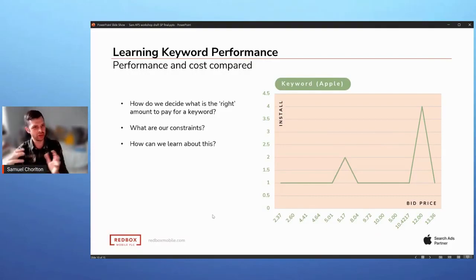So there's always some availability for other apps to be able to start serving against that, and that doesn't mean you've always got to pay top dollar for them. And obviously Apple have got to do that to learn about how that keyword might perform for other apps, because that new app might become more technically relevant than what was historically the leader in that space. So there's quite a few different things you've got to be conscious of when doing that.